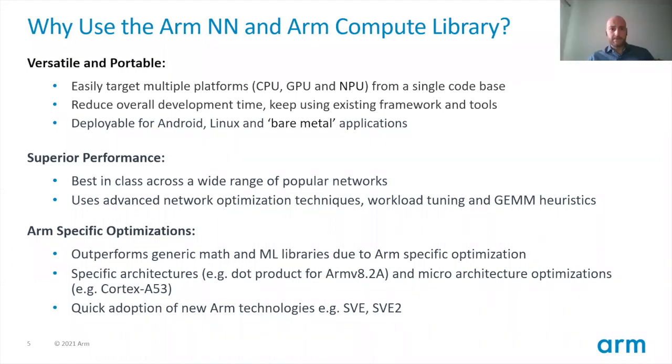Probably I can answer this. So if I understand correctly the question, basically if you're using limited numerical precision, for instance, we have a reduced accuracy. When we talk about the data types for ArmNN and ACL, we usually have floating point 32, floating point 16, and also int8 quantization schemas. For the floating point 16, for instance, we also provide a fast math flag, which is basically an option for the developers. What does it mean? It means that